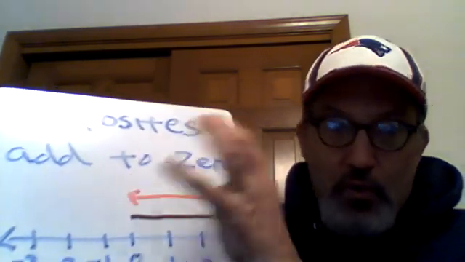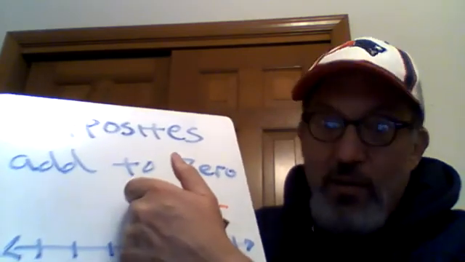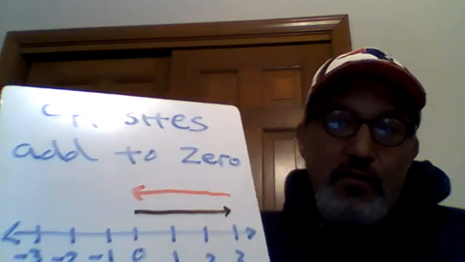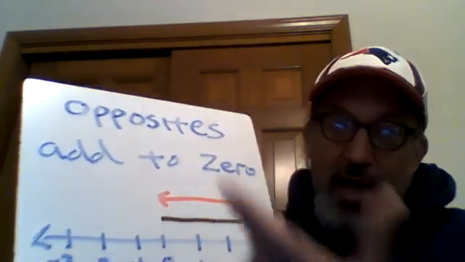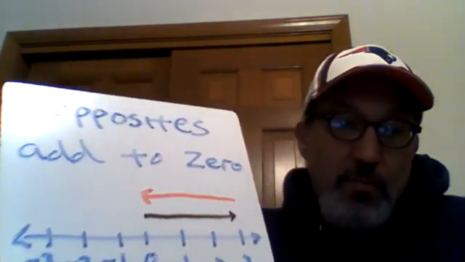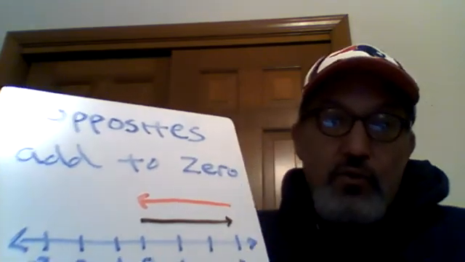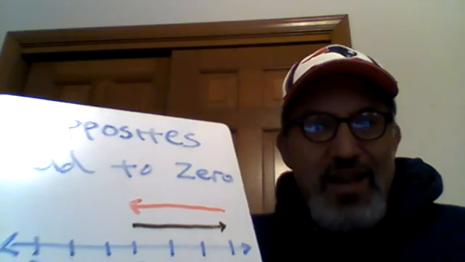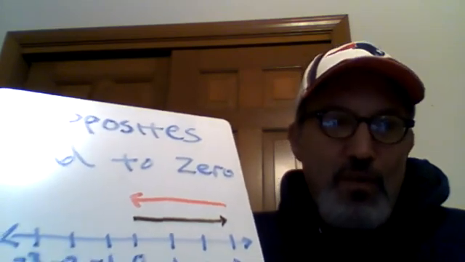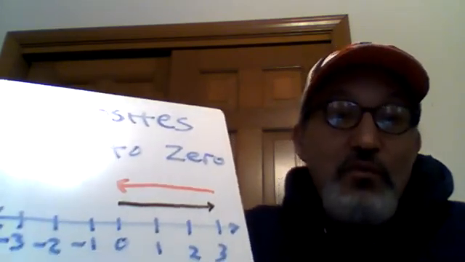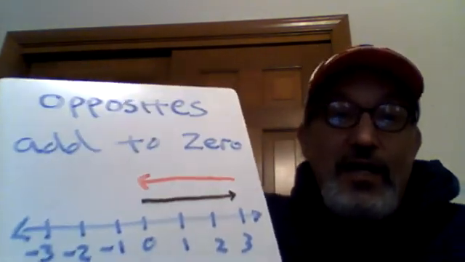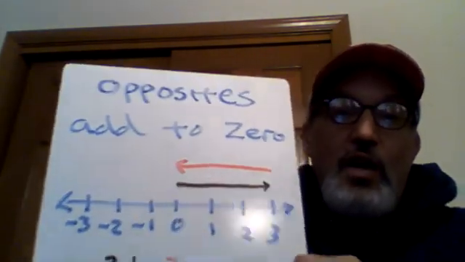Wherever you move the vector, wherever its endpoint is, that's the answer, and of course it's at 0. The reason the sum ends up at 0 is that the two vectors point in opposite directions and are the same length. Opposite numbers have the same absolute value. They're the same distance from 0. So those two distances kind of cancel each other, if you want to think of it that way,